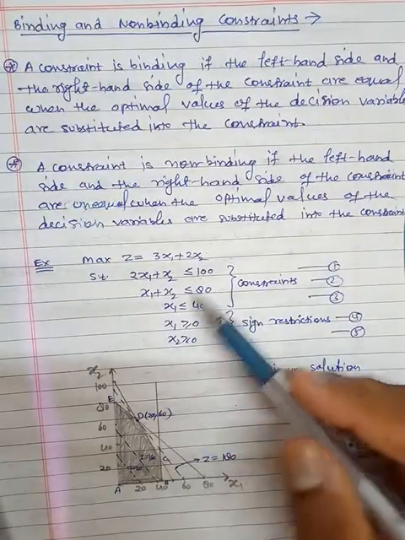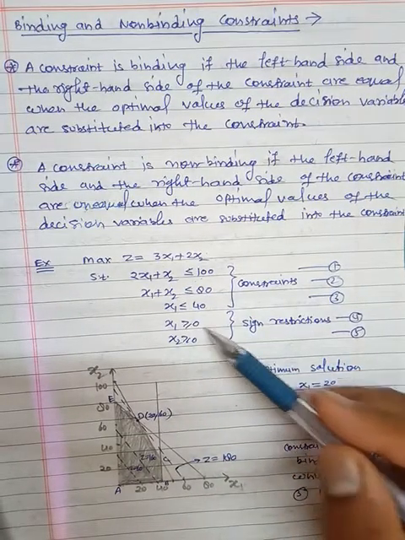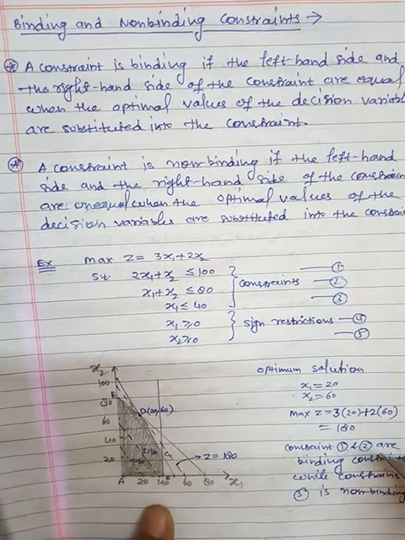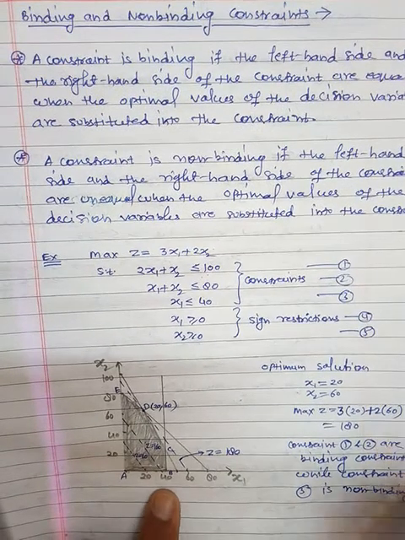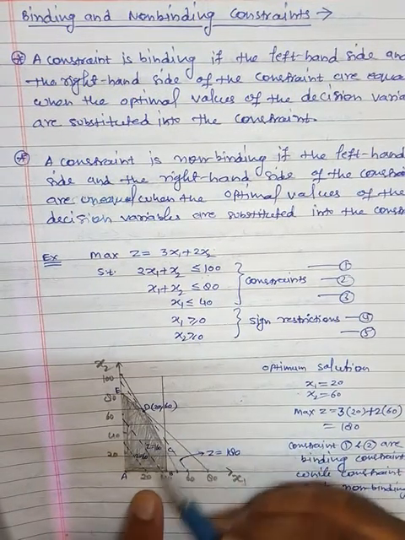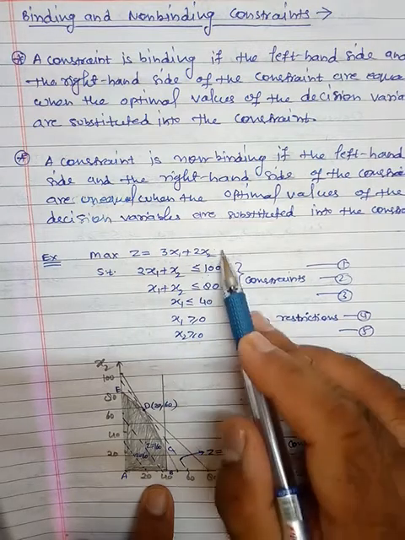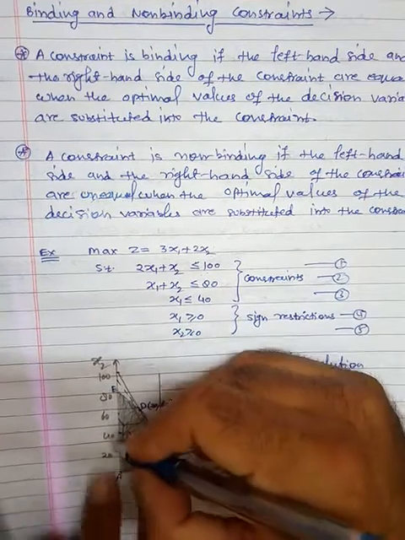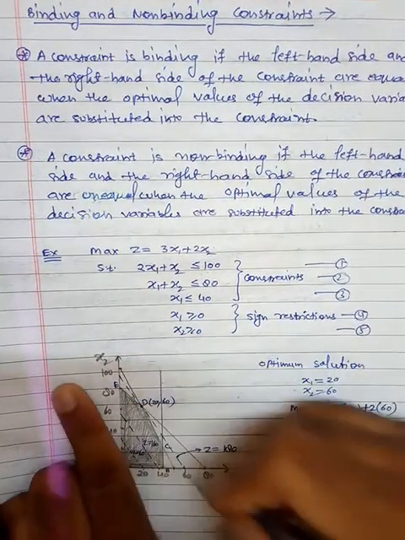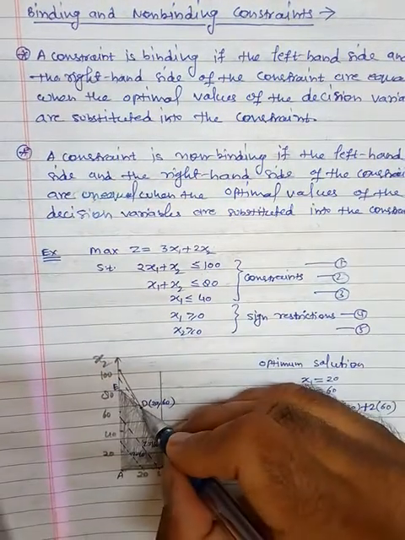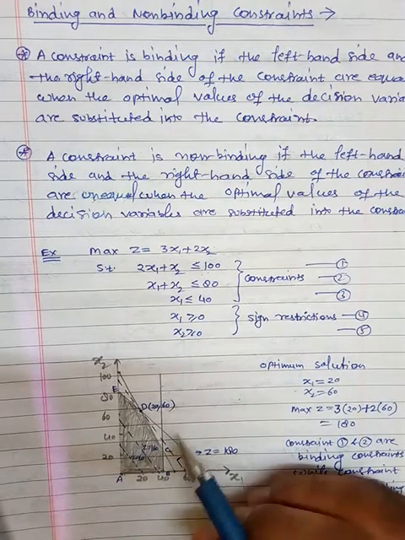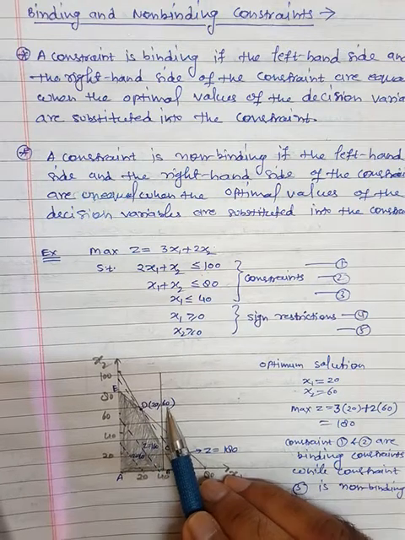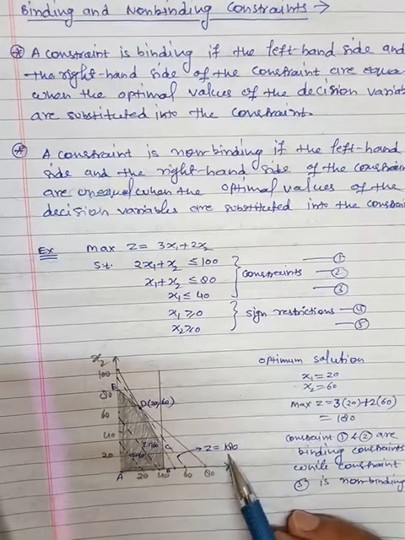When you draw the region with the help of these three and non-negativity condition, then the shaded part is the solution space here. This is basically the feasible space. Now assign some value here, suppose say 60. When you assign the 60, we get this line. Slowly draw the parallel lines and you will see that this corner point will provide you the solution where x1 is 20, x2 is 60 and maximum z is 180.